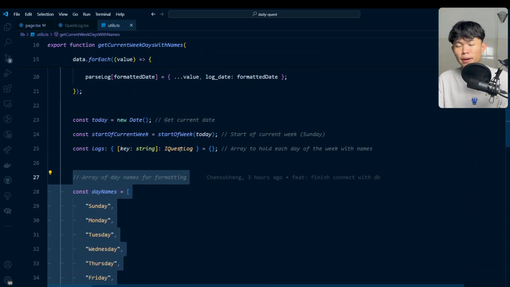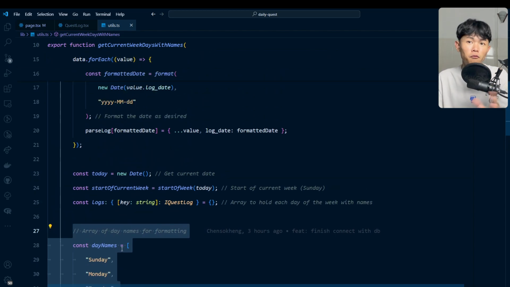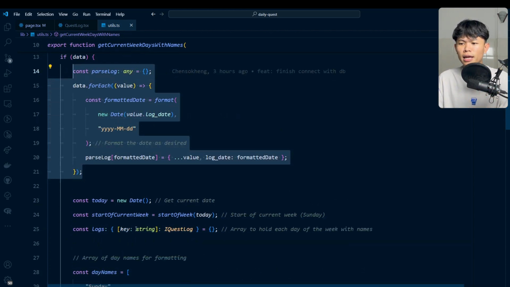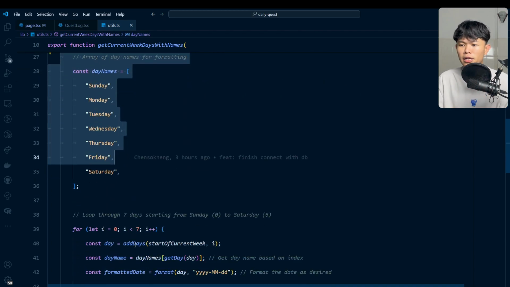But from our database, for an initial user who just started out the first week, we're going to have only 1 record or 2 records, or maybe the maximum is 7 records. So for that, we need to map this one with this one, and then we replace the value.